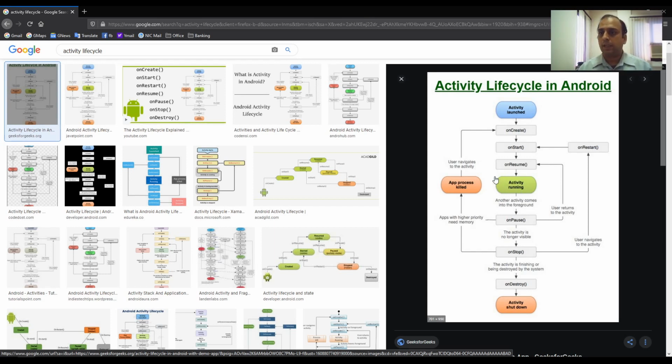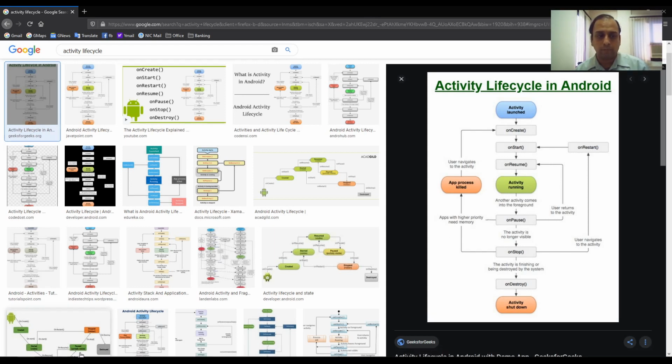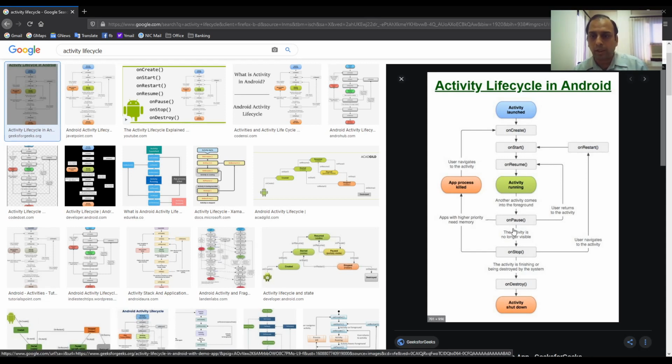And whenever, let's say you press the back button, or when you press the home button, or when the mobile phone goes to sleep mode, in those cases onPause will run. Okay, onPause. And onPause will also run when another activity comes on the foreground and this one goes into the background.